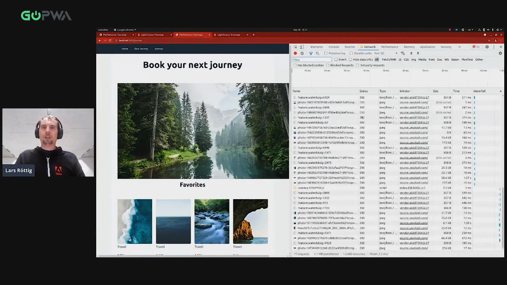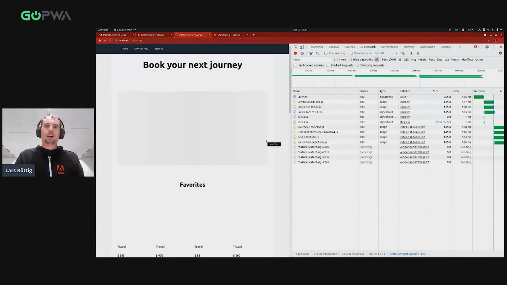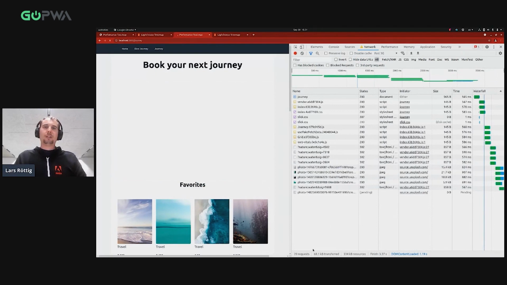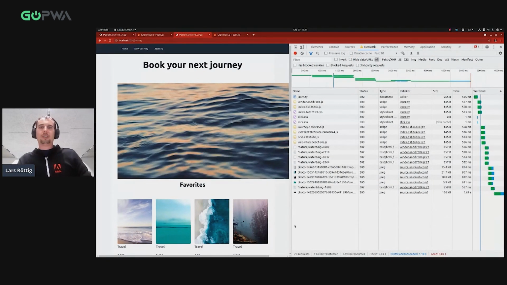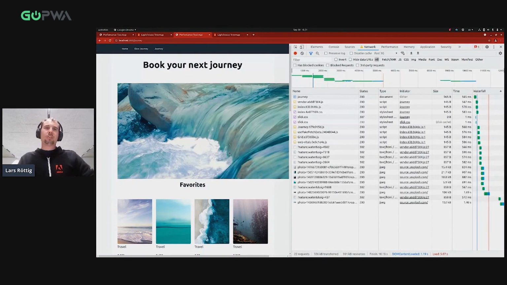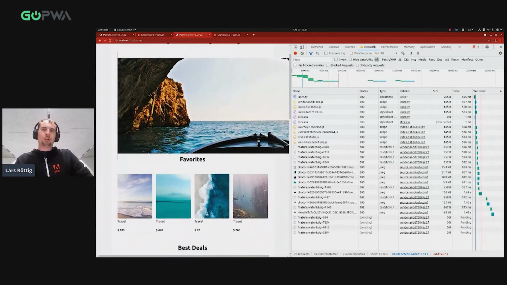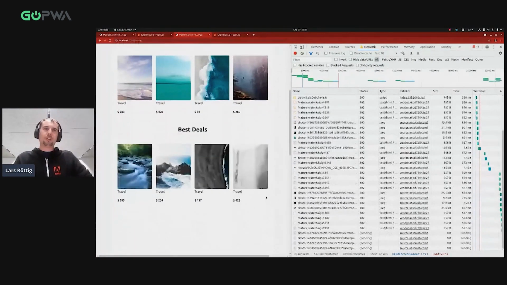So if I go here, I see I have now 20 requests. And if I scroll, I get one request more and one request more, because every image is loaded lazily on this site. This means I only load images that are really visible in the customer's view.